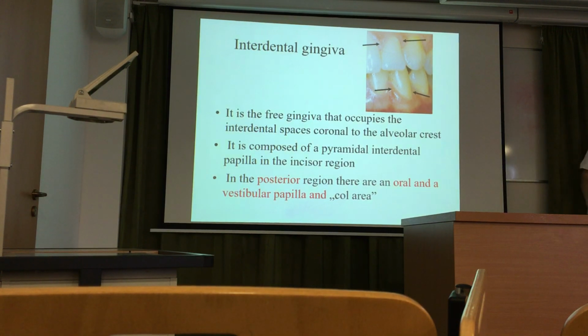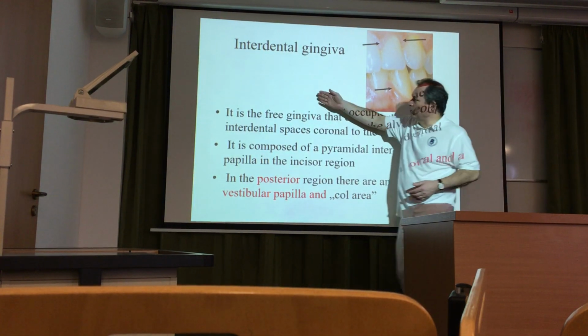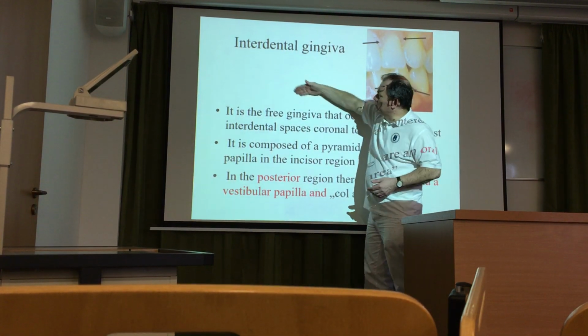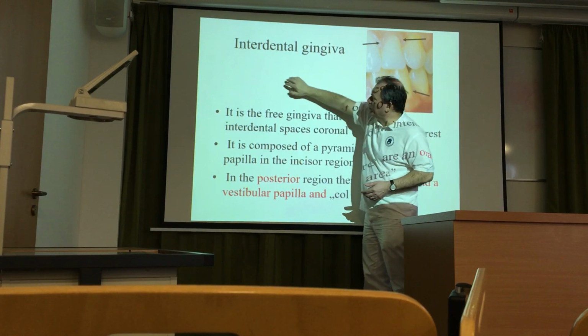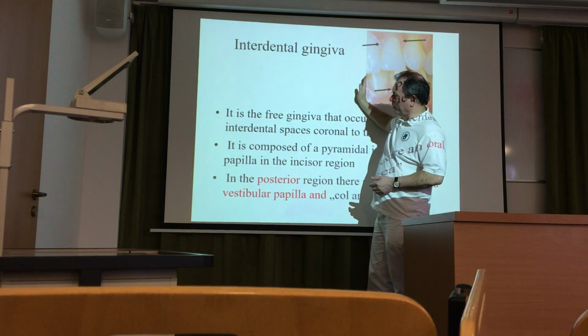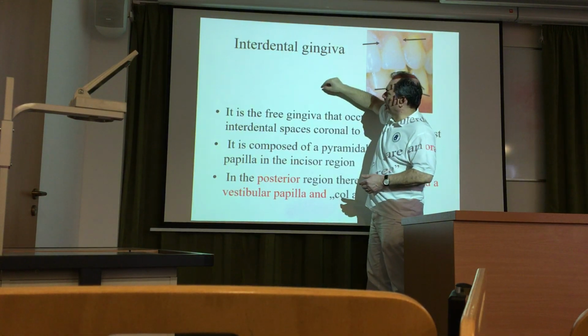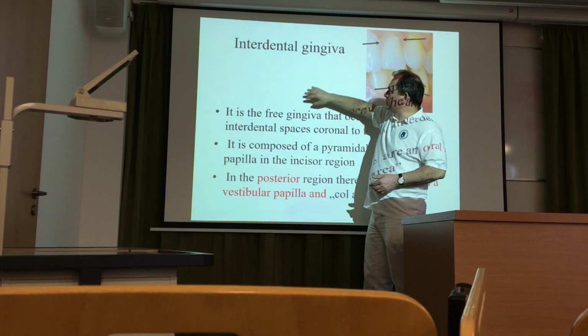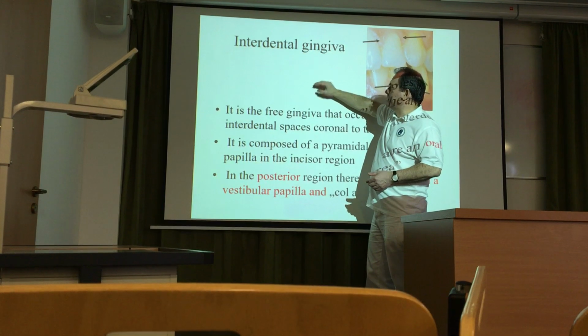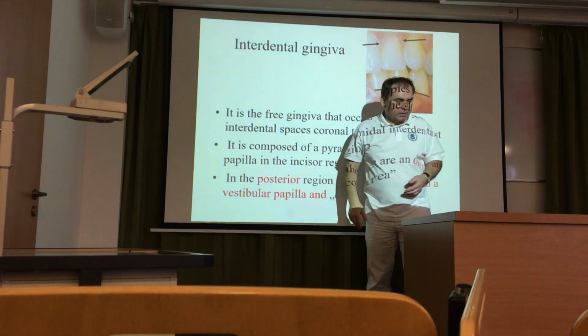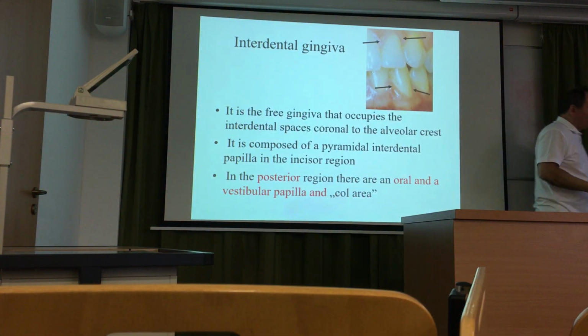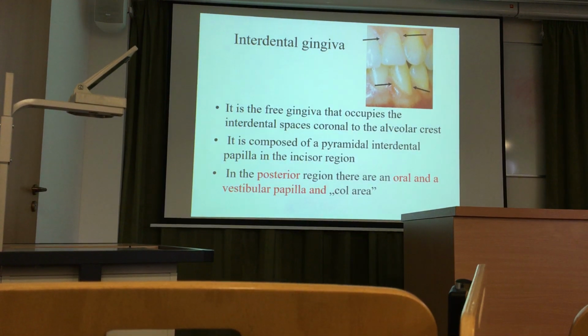The uppermost layer of the gingiva is very sensitive, because you may know this saddle area. So we have the oral papilla and we have the vestibular papilla, and between them there is the core area, and the epithelium is nearly missing here, and this is why the periodontal lesions, the periodontitis, the inflammations